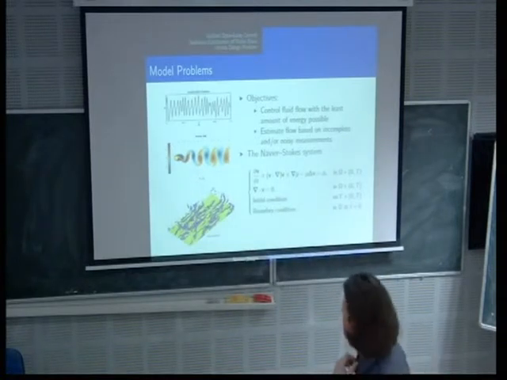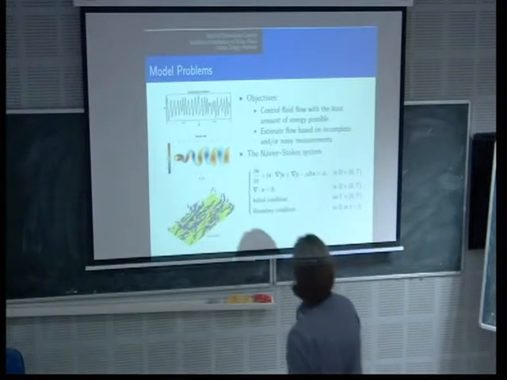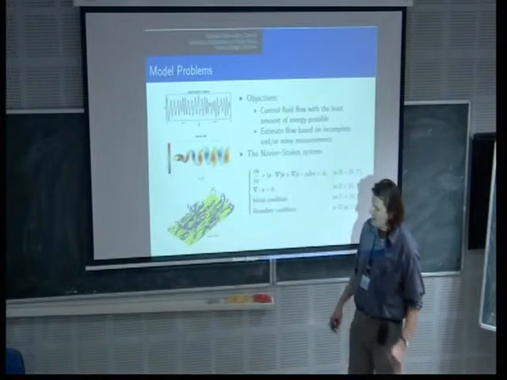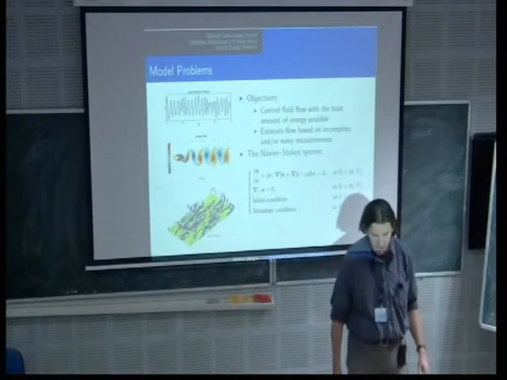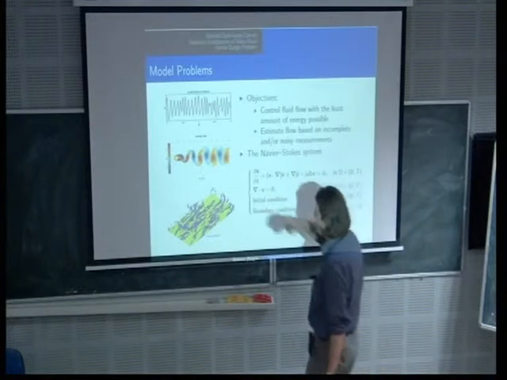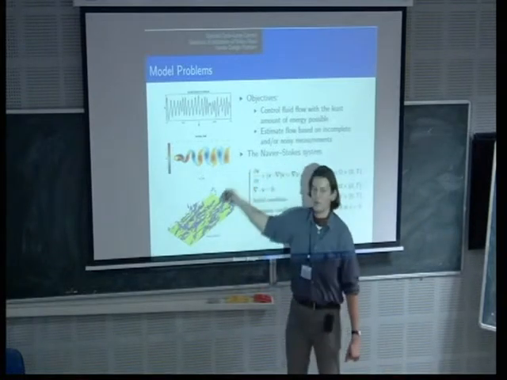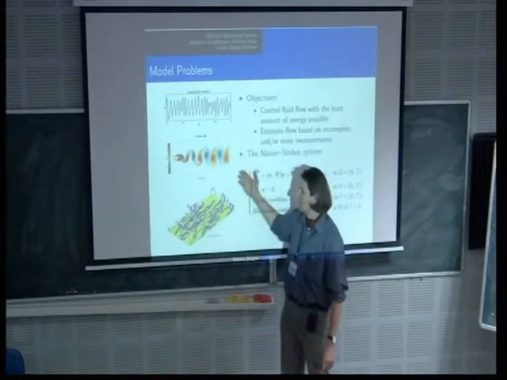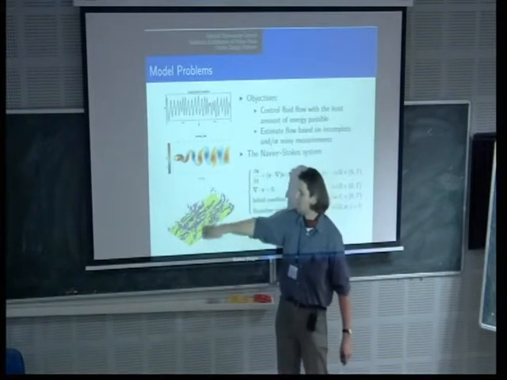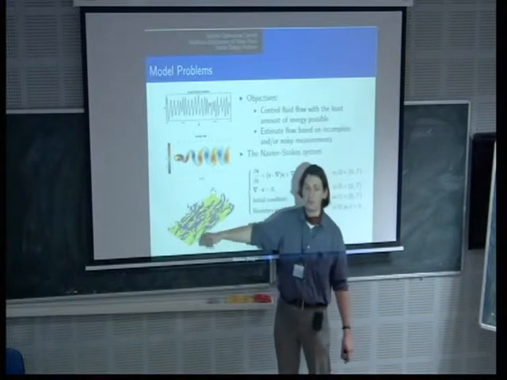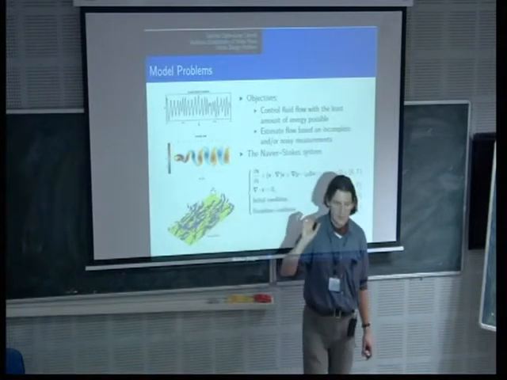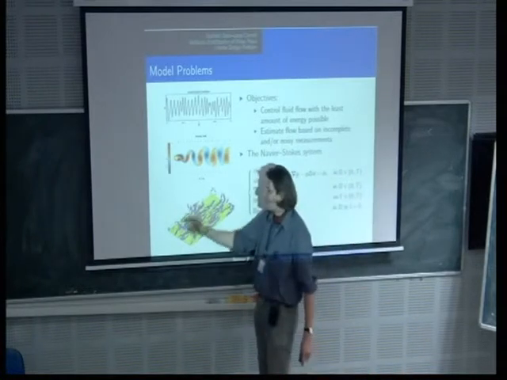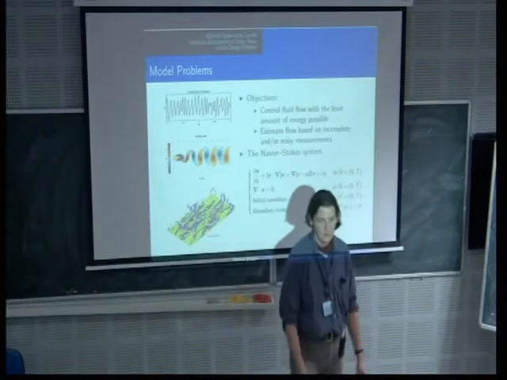What is the third picture? Oh, the third picture, that's a third type of flow that has been an object of investigation, which represents turbulent flow in the boundary layer. Okay, so you have a wall, which is green, and you have a turbulent boundary layer, which is characterized by the spontaneous appearance of so-called streaks, which are some complicated vortices forming in the boundary layer, which are visualized here in blue. Okay.